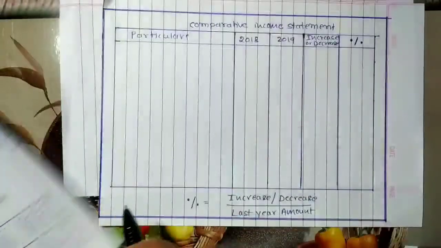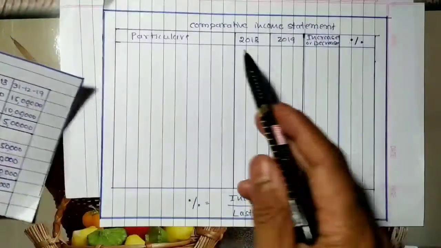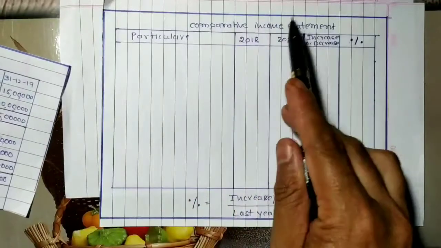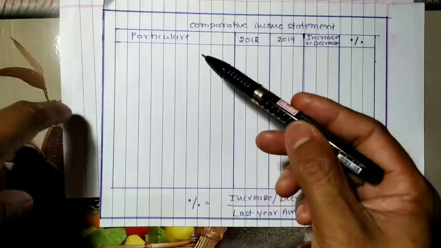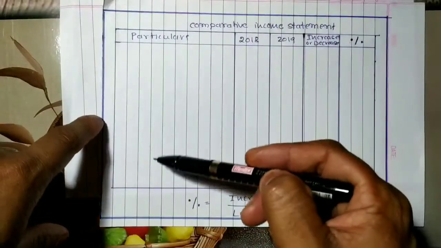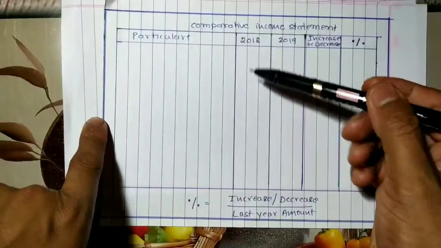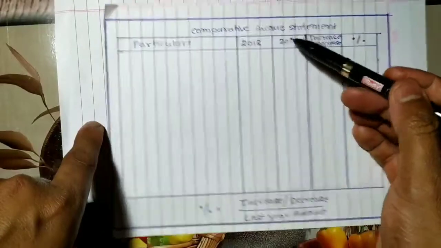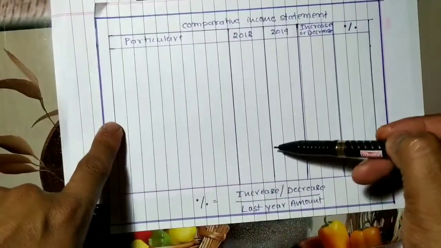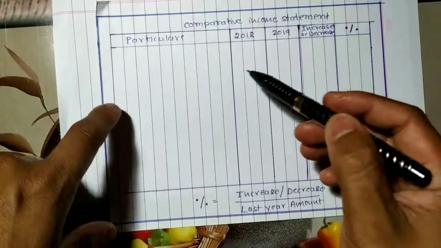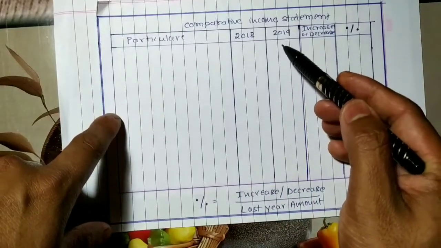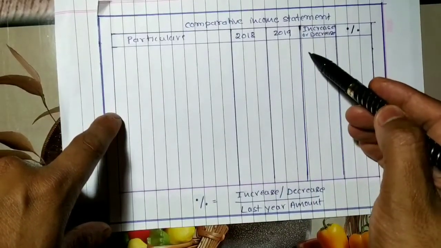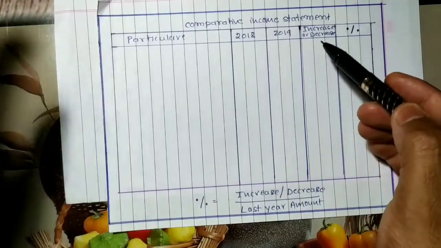So here, this is the format of the comparative income statement. You are going to write all the particulars here. You write the statistics of 2018 and the statistics of 2019. Then you compare whether, compared to 2018, the 2019 statistics have increased or decreased. The gap amount or